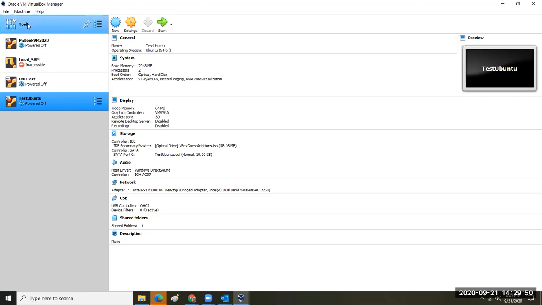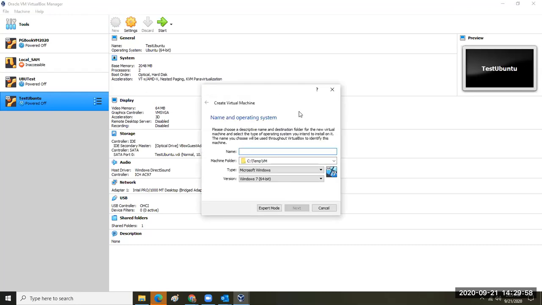Okay, so I'm going to create a new machine. And to create a new machine, I'm going to use the new option here. And you'll notice that my default machine folder is set to temp VM. Your default machine folder should also be similar. It should not point to your documents folder, especially if you use OneDrive. This is something we discussed in a previous